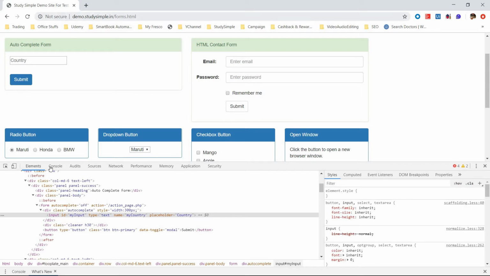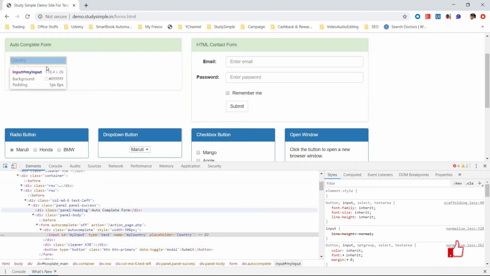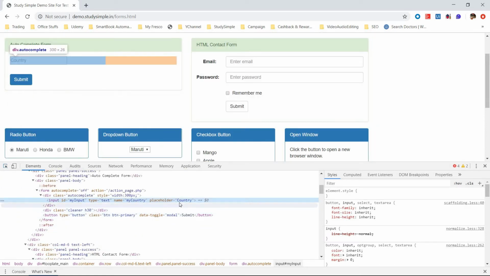If you go to this website and click on inspect element, in the autocomplete form, in the country field, I want to give a name, say India. On doing the inspect element, this blue line comes in which highlights this area, and inside that we have the ID called myInput and also a name called myCountry. We can do it with the ID, but in the last class we showed how to do it with the ID. Now in this class we will show how to do it with the name. So we will be using myCountry, which is the name, in Protractor automation testing.